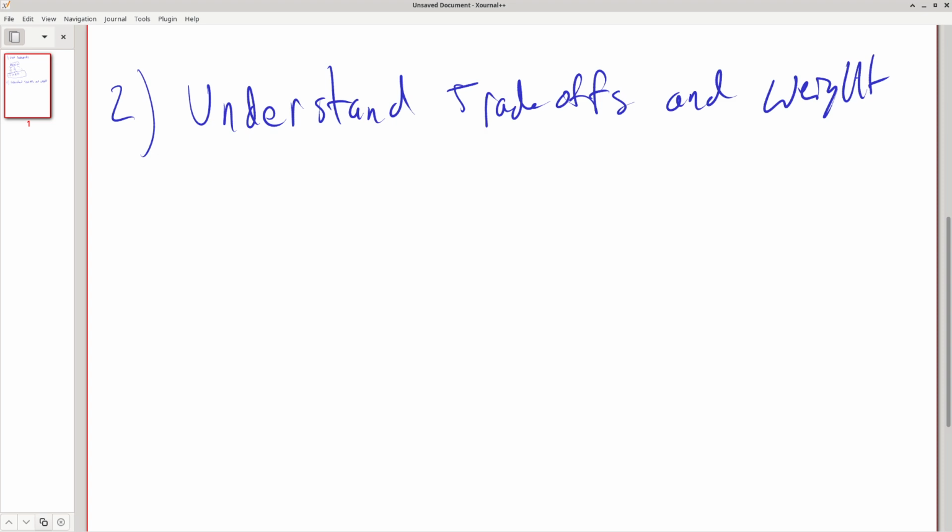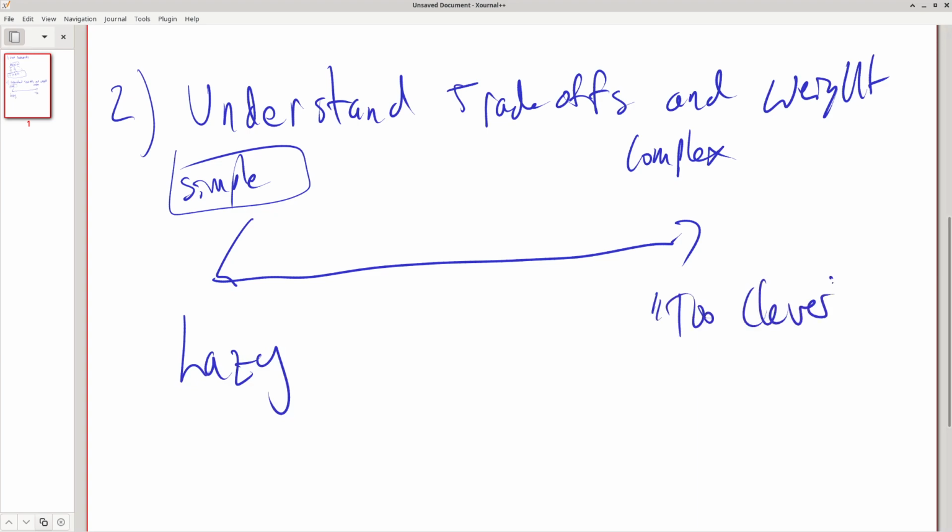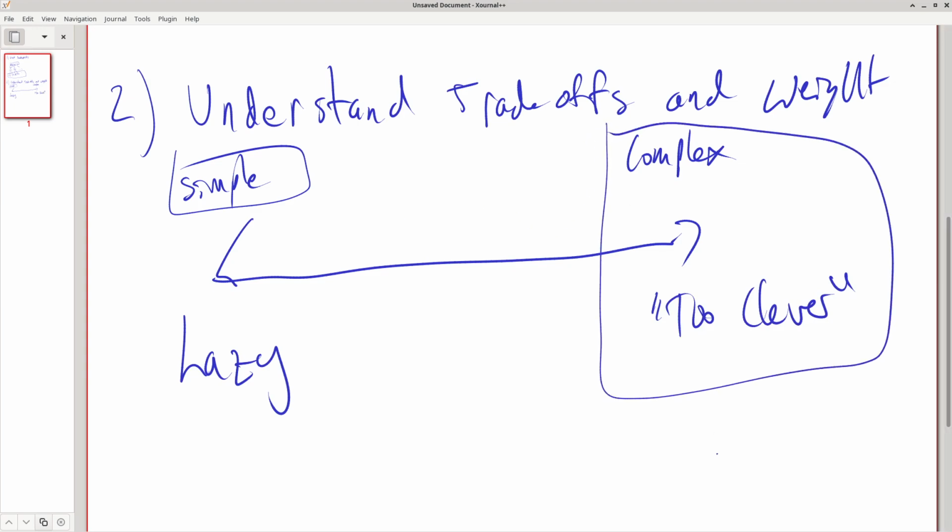So it's one of those things where you have to understand the trade-offs between complexity and simplicity. So ultimately, we want to be simple, right? We want to be lazy. We don't want to be too clever. And why is this? This side can often appear appealing to the novice and the experienced programmer alike, because you feel like